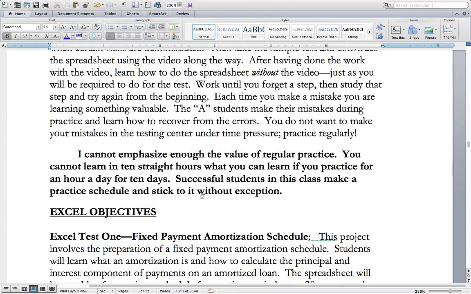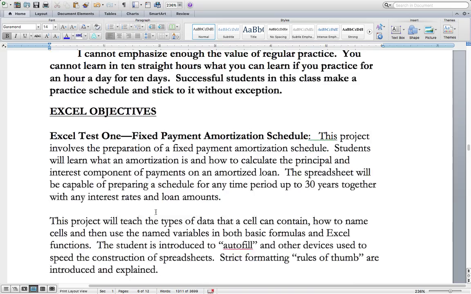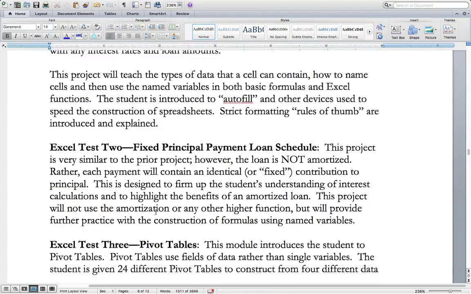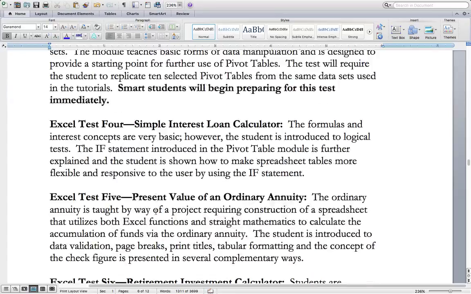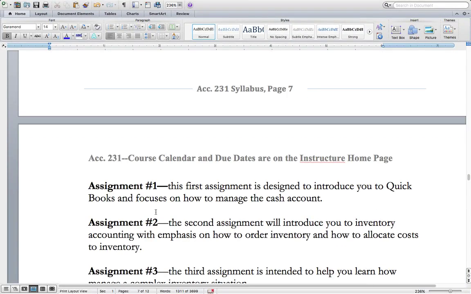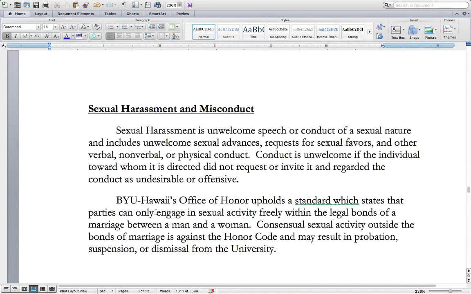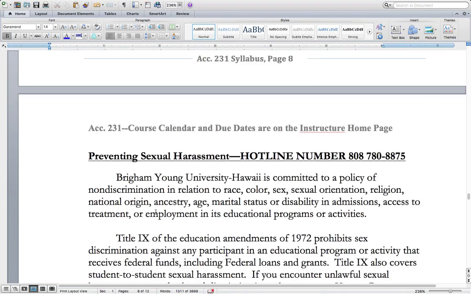That's huge. And the Excel test, this just goes over what we're going to be looking at. These are our 7 Excel tests and our 4 QuickBooks quizzes that will all end up in a final comprehensive QuickBooks final exam. And the rest you can read on your own: sexual harassment, misconduct,